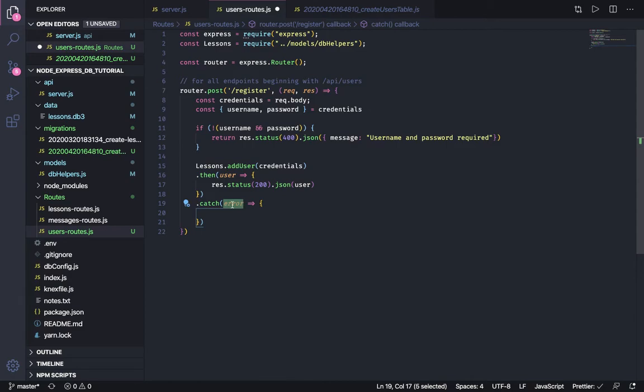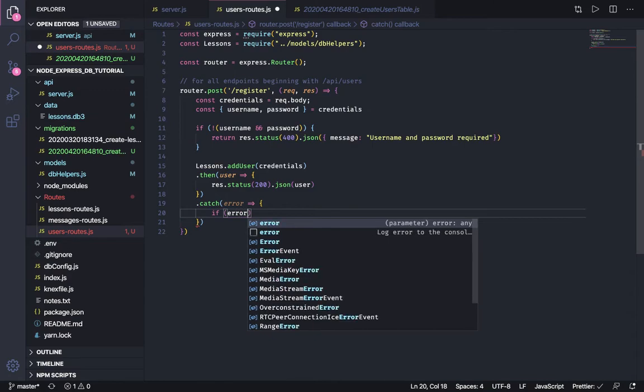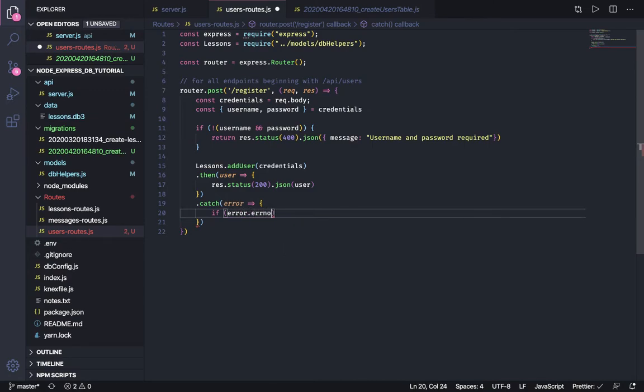So we can look in this error object, so instead of giving our standard res.status 500 message, unable to add record, well, why were you unable to add the record? Is it because you tried to add one where the username was already taken? We can, in other words, return a message that's a little bit more helpful to the developer as to why adding the record failed. And so what we can do is we can say if error dot error number,